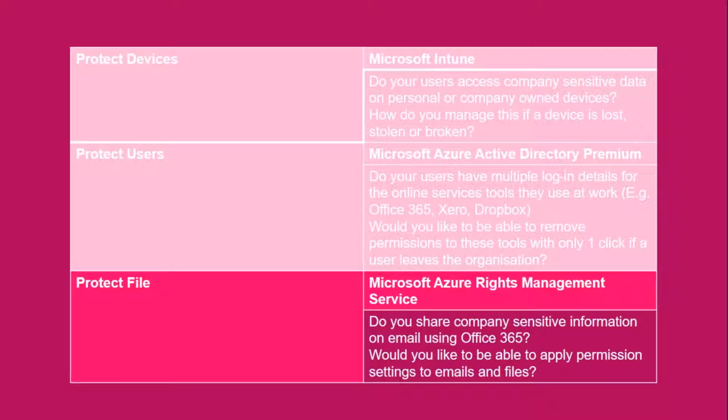But if you have attached a sensitive document, so John is a manager and he's sending to Lisa, who's the HR manager, and it's gone to Liam by accident, and it's actually about another one of his colleagues, and it contains sensitive information, because you have applied something called rights management, and again, this suite of tools allows you to do that, nobody apart from Lisa can open that document, even if it's been sent to Liam. It is protected because guess what it's doing? It's going back to the server and saying, has Lisa tried to open this application? No, it's Liam. I'm not going to give him access. So that protects that document.